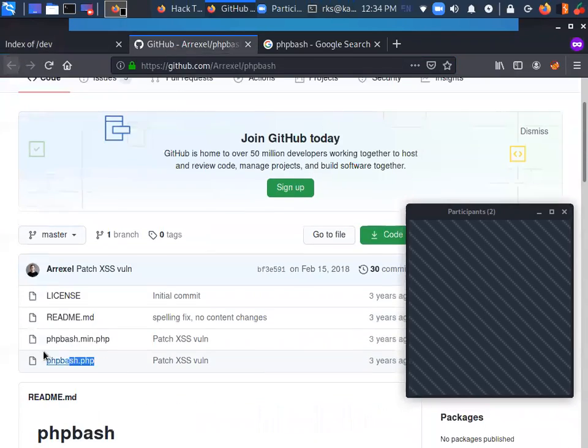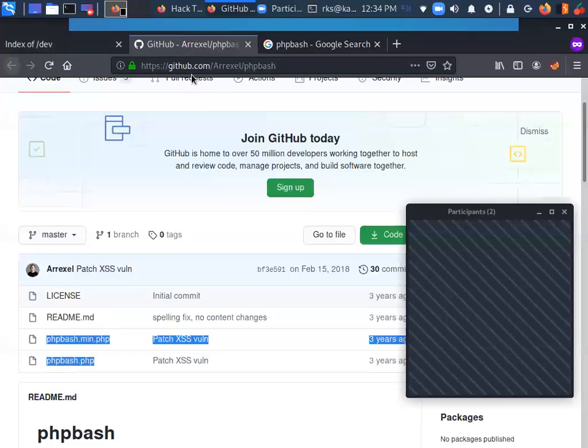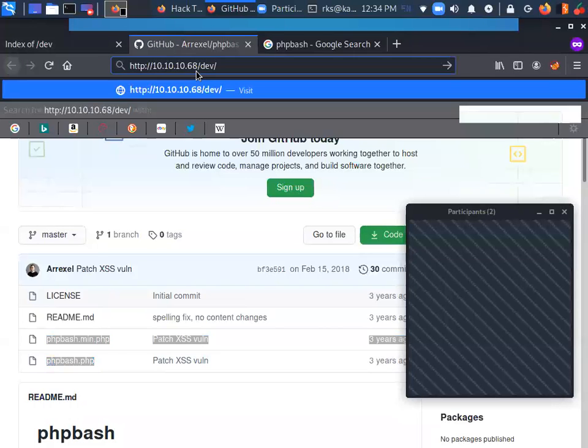You can see the names are same. So one thing is sure that I have found the shells here. So I'll come back to this point again. Meanwhile, let me just try to explore some other directory like uploads.